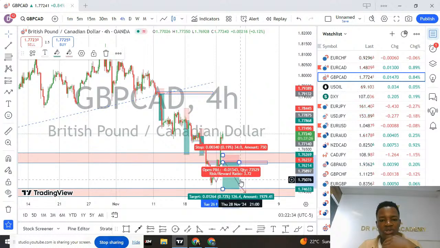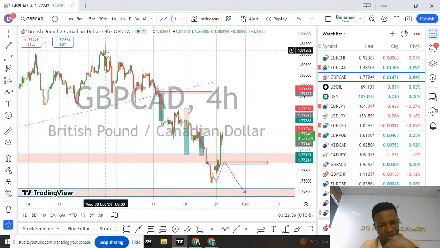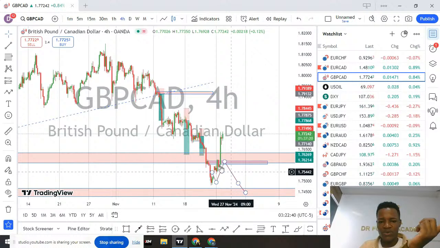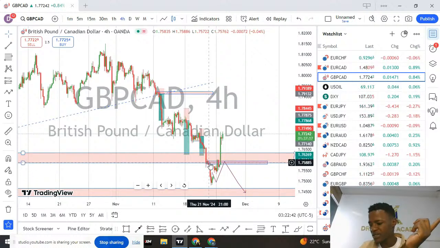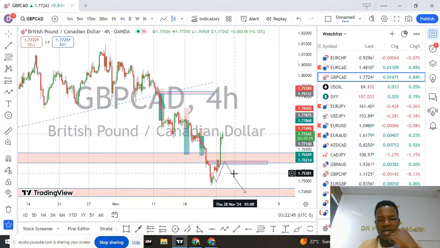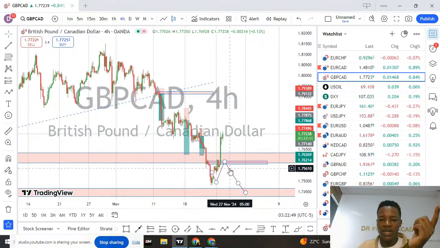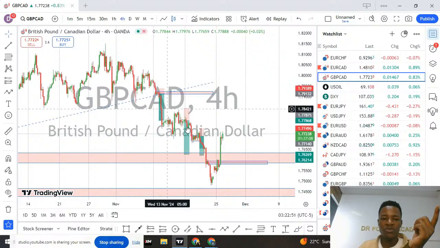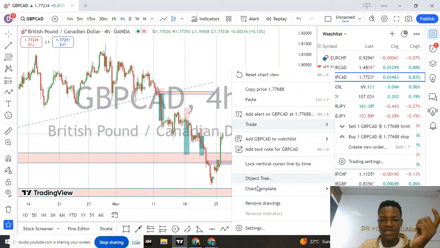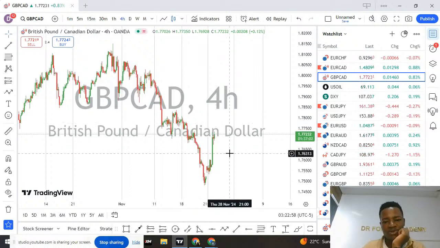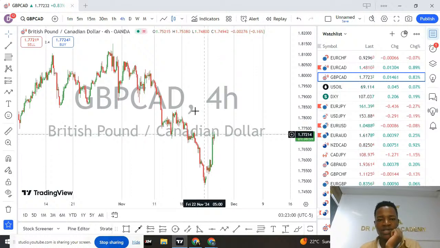GPP card, yesterday's, did we have this the other day? That's when we were looking forward for this order block. I remember yesterday when I told you guys to avoid this GPP card, we were looking forward for this sales at this particular area because of this order block. So currently we have a very impulsive movement on GPP card, and we have been trading this pair since last week. So the same scenario, I can see the market is almost forming a reversal. So a reversal area is having an inverse head and shoulder to clearly show that the market is going to buy. Let's go to daily time frame.